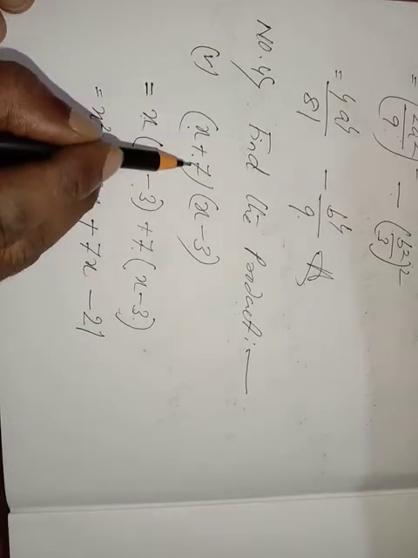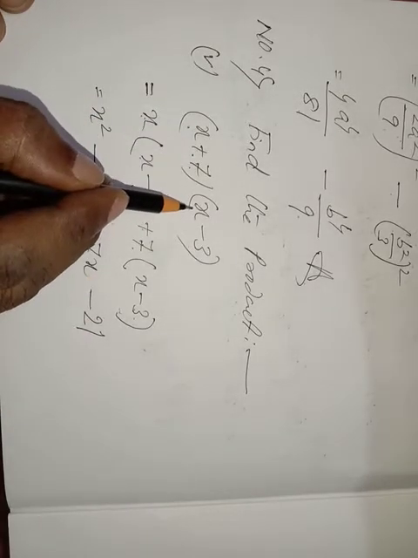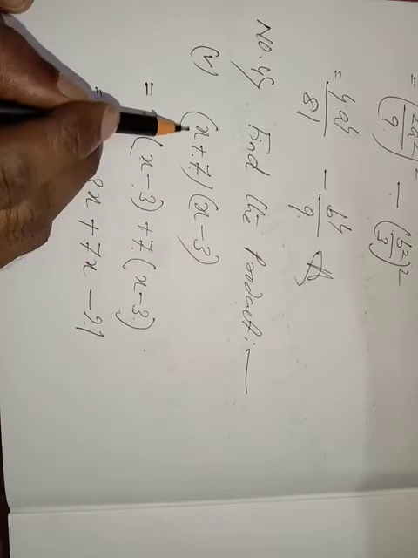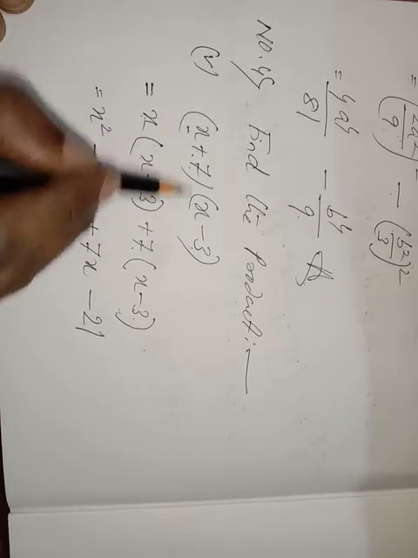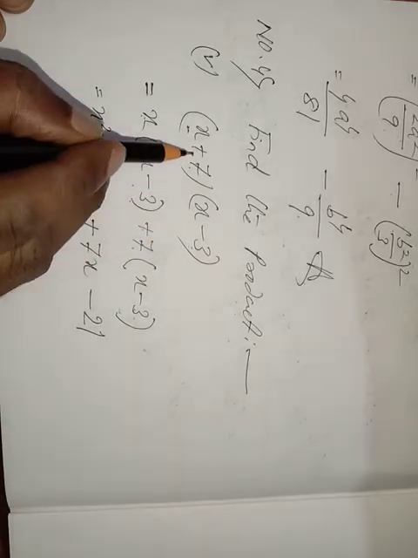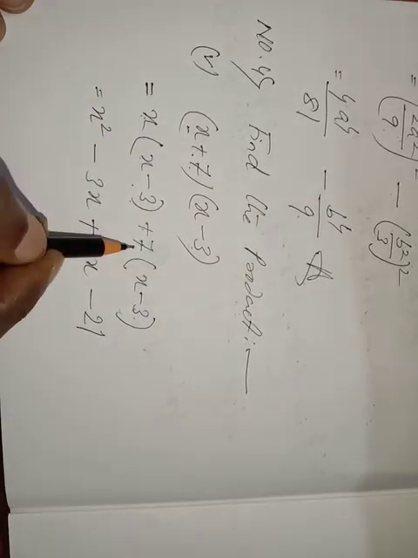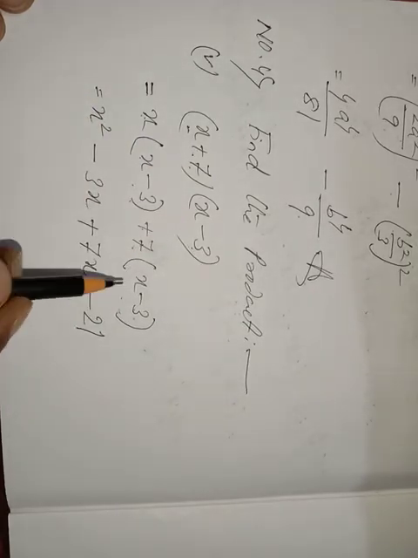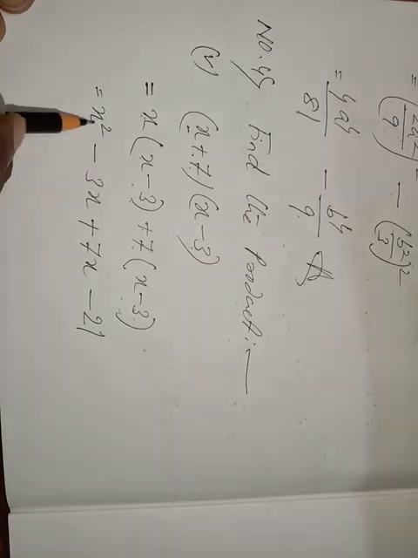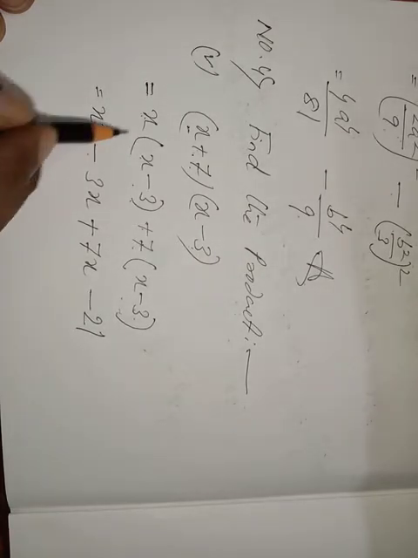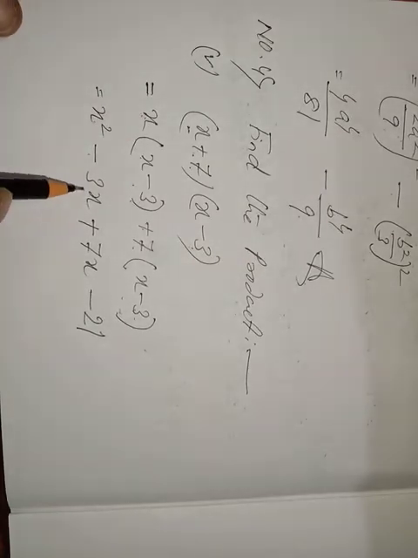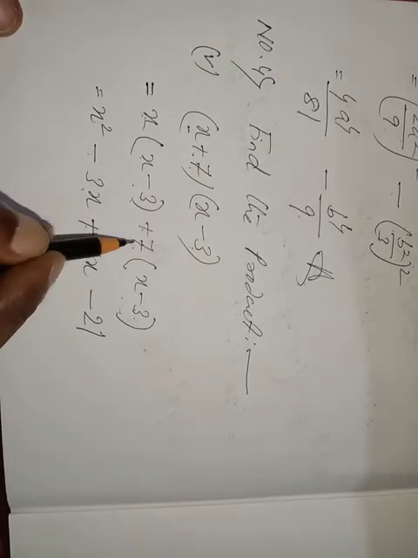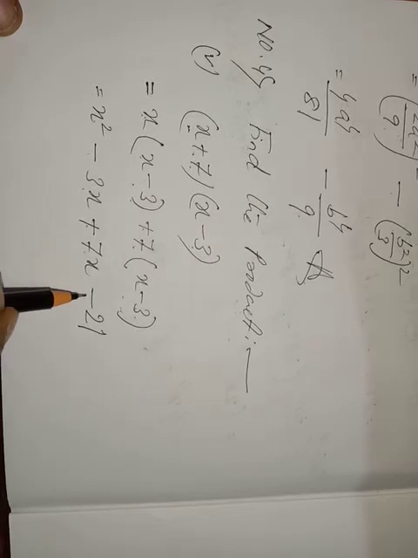I am repeating again. The first bracket is given x plus 7. The second bracket is given x minus 3. I am starting like that: the first number with the second bracket total. Again plus 7 given, I am writing plus 7, again the second bracket total. I have written, see, x into x, this will be x square. Next is given the minus sign. X into 3, this will be 3x. Plus sign, 7 into x, 7x. Plus 7 into minus 3, this will be minus 21.